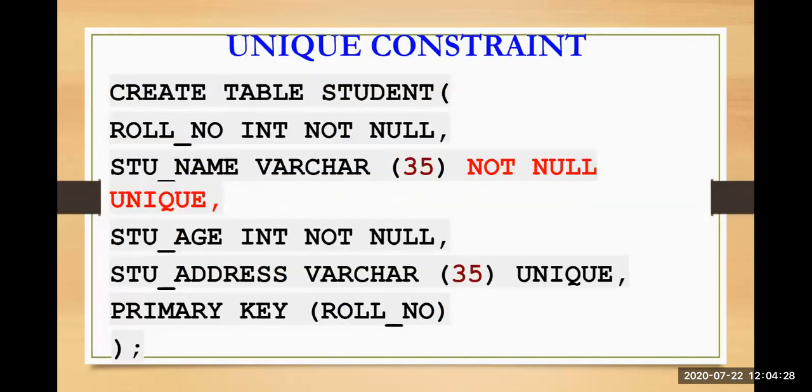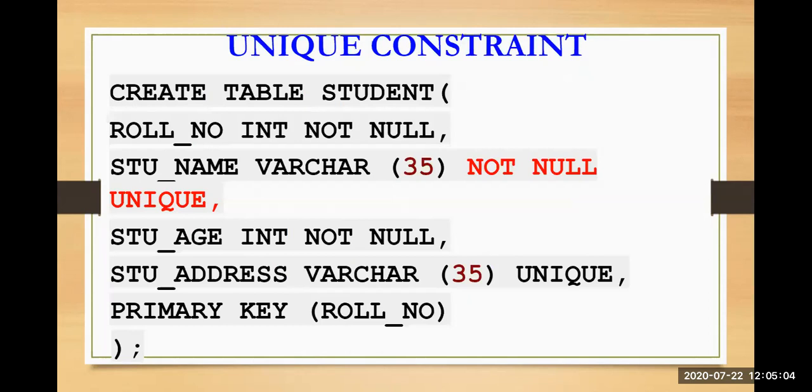Whenever I talk about the unique constraint, it enforces that your column or your set of columns should have unique values. When a column has a unique value, it means that the column will have no duplicate values. It will have unique values only. In this example, I have mentioned unique for the student name. I have the constraint not null, and along with that, I have the constraint unique. So I want all the values in my student name to be unique only.